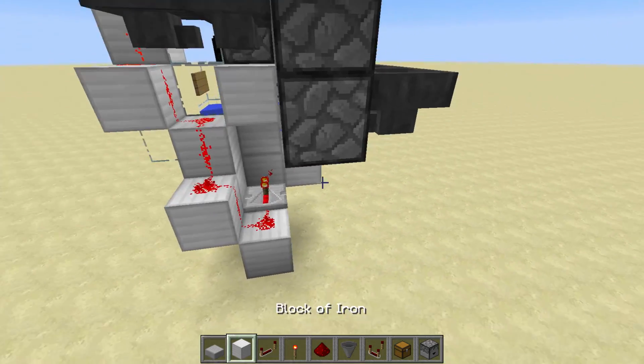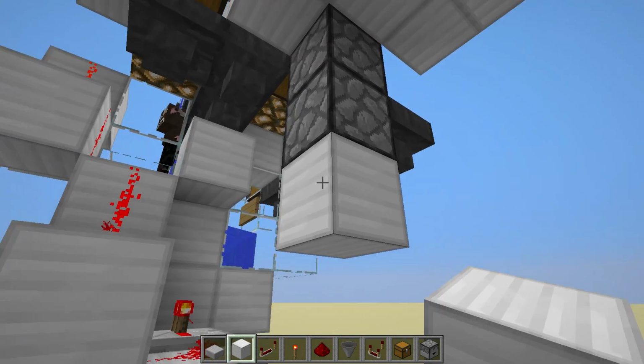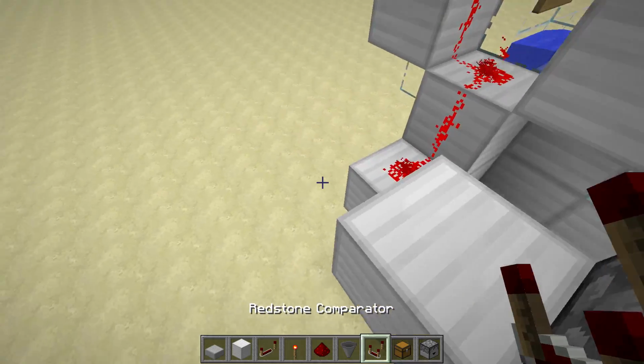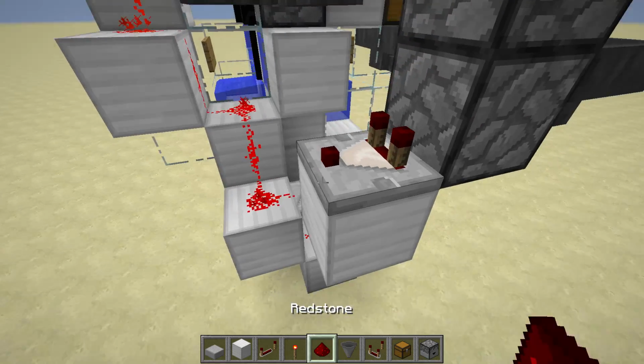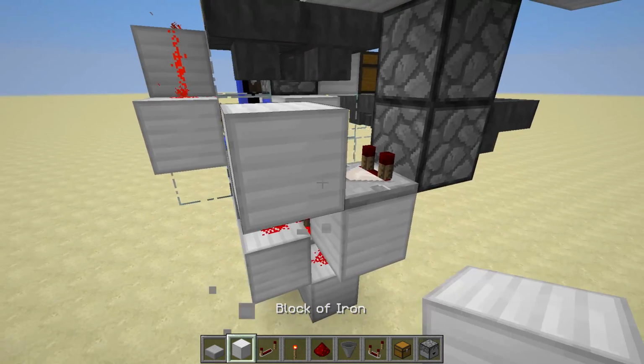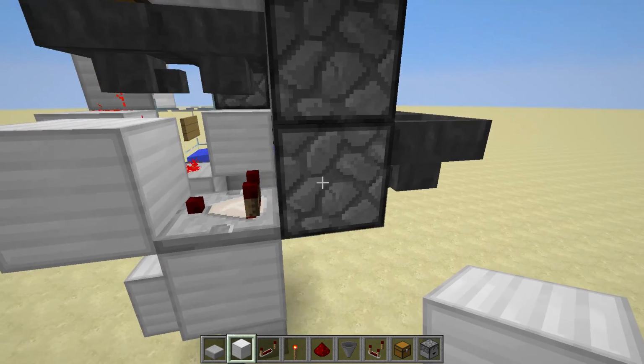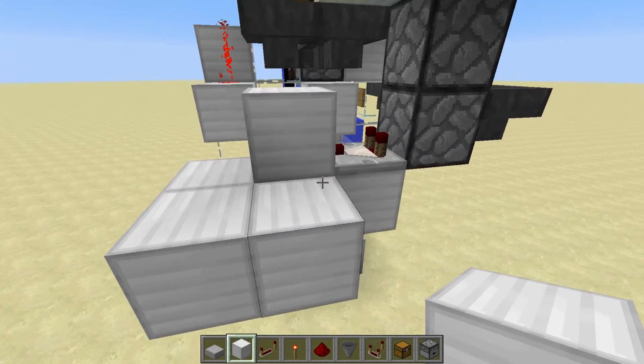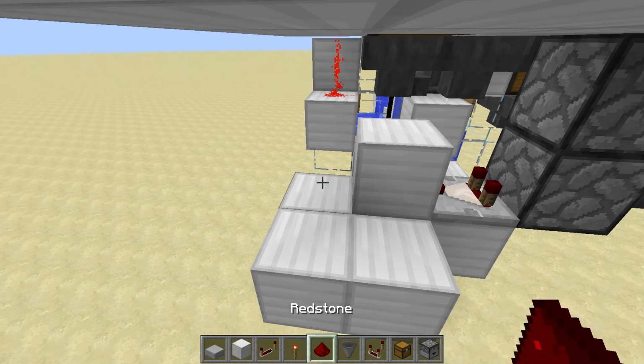And now we can actually have a little bit of room here to put the item elevator in, basically. And in order to do that, we're going to do a comparator into that block right there. So it's going to sense the items coming into this dropper. It's going to create a signal, and we're going to get a redstone signal coming out of that into that